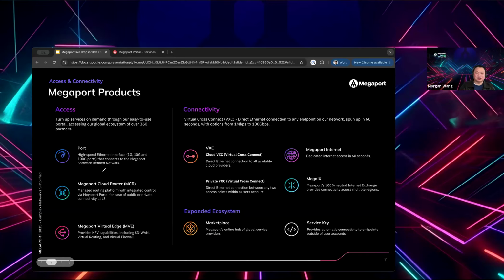For example, it can be a router, a next generation firewall, or an SD-WAN edge device, and from that specific appliance, the customer can still initialize connectivity to the same kind of destinations, but they will have more control on the routing, on the security policies, on certain things, because the customer will have access to the virtual appliance and actually log into the virtual appliance to configure it themselves.